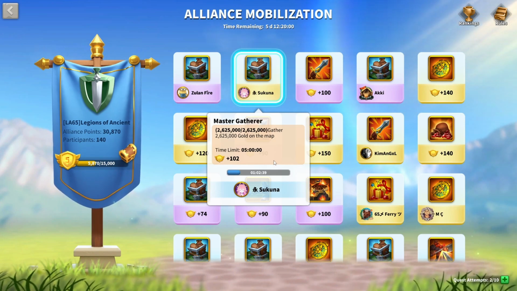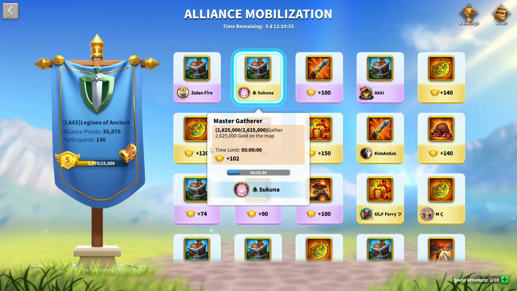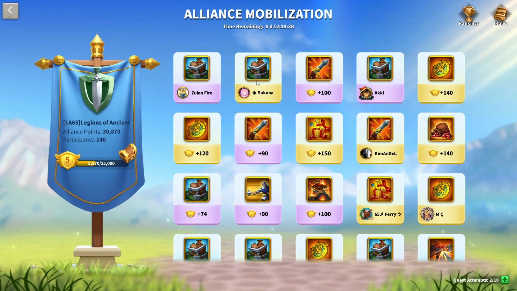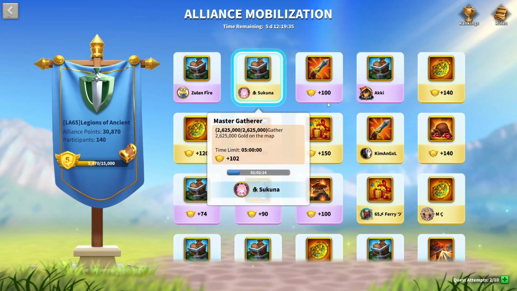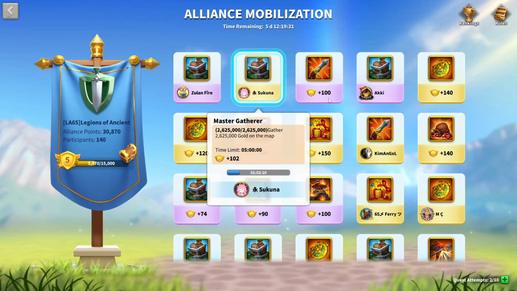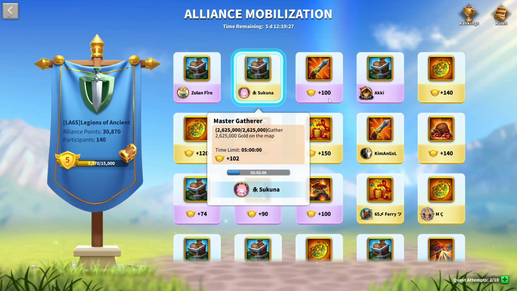If I'm at school, I'm not going to pull my phone out and get in trouble for what? The Alliance Mobilisation event. Miss, I was doing the Alliance Mobilisation. I got 50 million power. And if you're at work, you're not going to pull your phone out. Oh, I just have to do my Alliance Mobilisation event. You don't have time to do this. This is very, very unrealistic with people's time. I don't know anyone that's going to sit on the game for 5 hours watching their troops gather